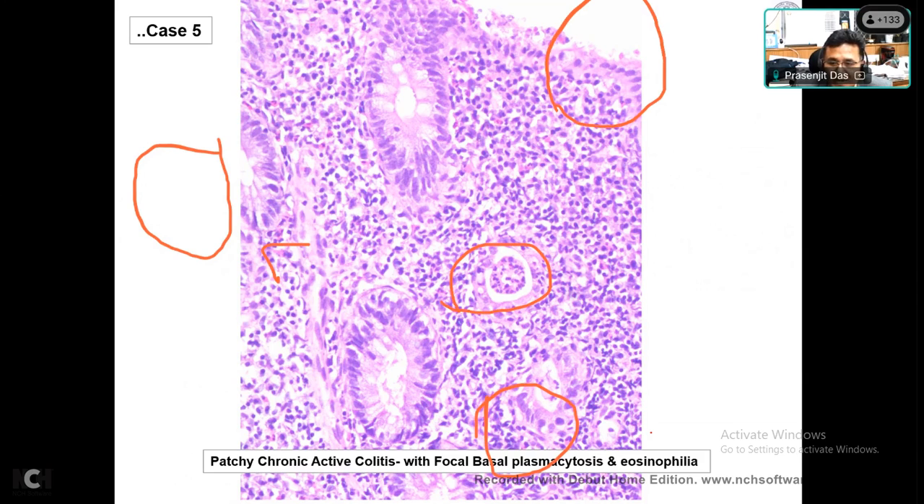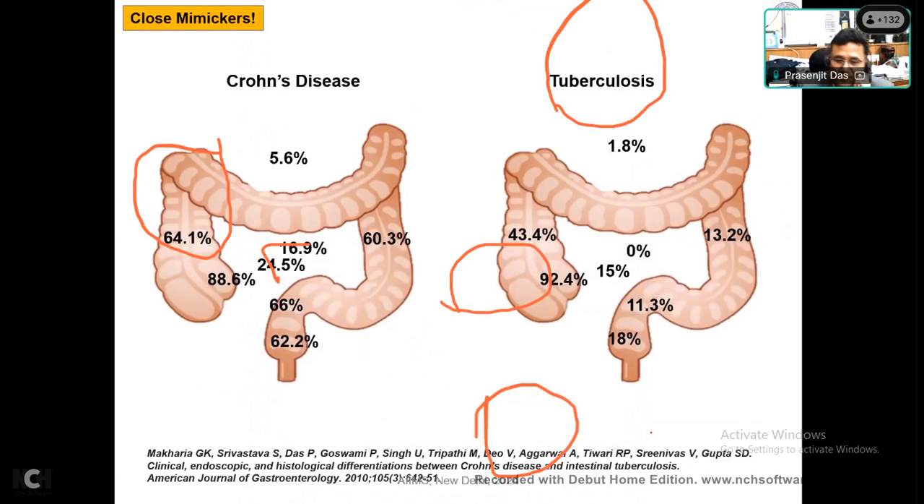I have already showed you a list of differential diagnosis. The most important ones, underlined, you should not forget. So tuberculosis. I already told you the patchy chronic active changes can be seen in both tuberculosis as well as